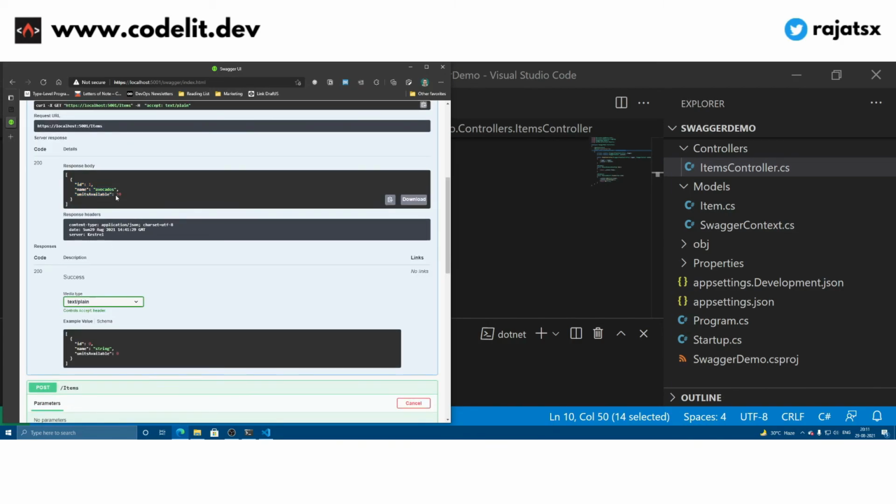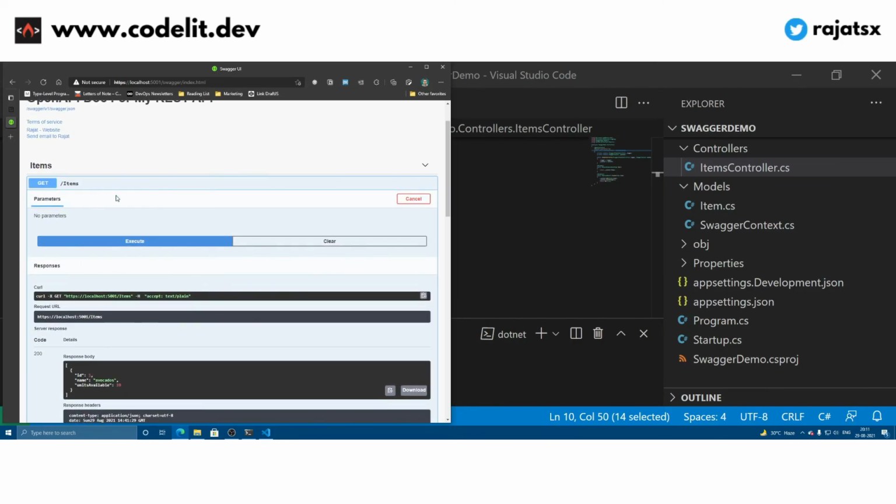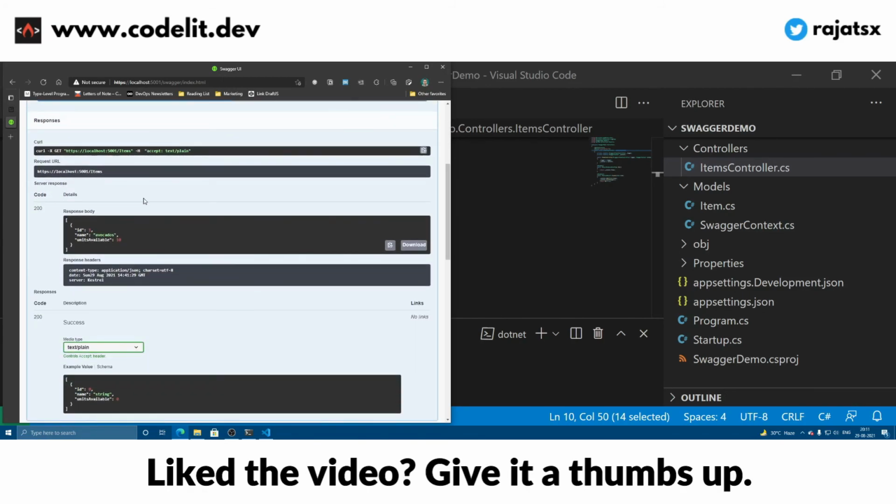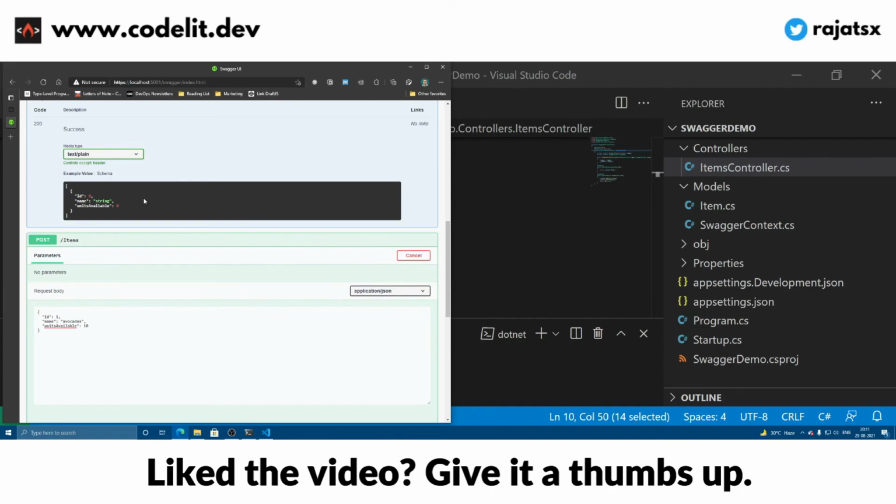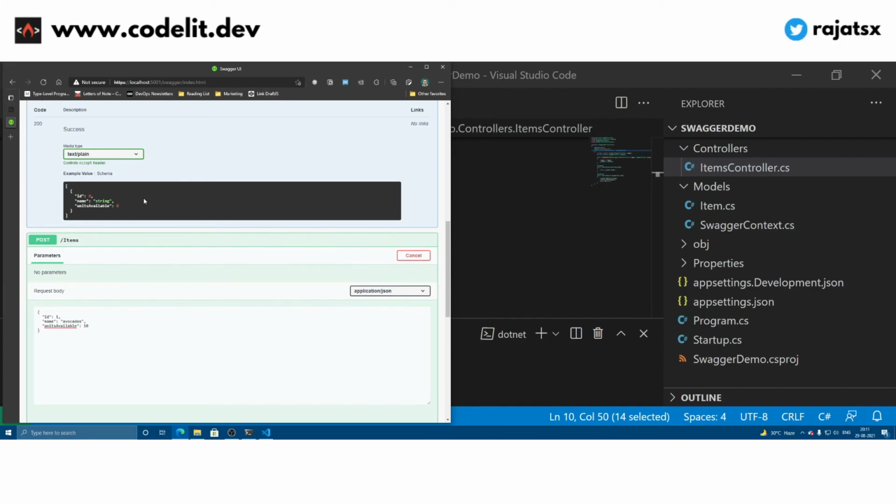Okay, so this is how we can test our API using Swagger. So this was a small demonstration of how you can document your APIs using Swashbuckle package in .NET Core.